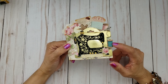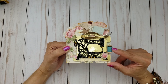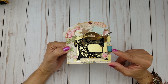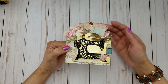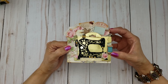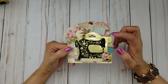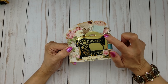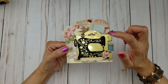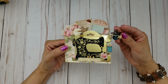And then this spool is from a set of buttons. I think it's one of those knickknacks or dress me up buttons, probably from Hobby Lobby, I'm thinking. As well as, no, I didn't use the scissors. This one here, I think it's part of that set too, which is, this is a needle. So I thought it'd be cute to just tuck in behind the spool,